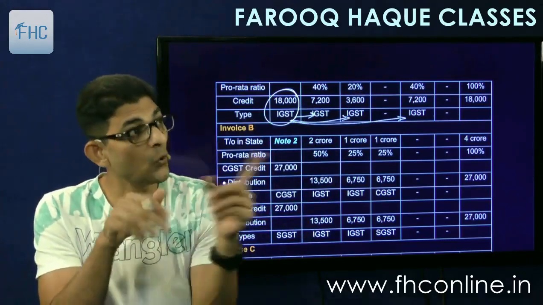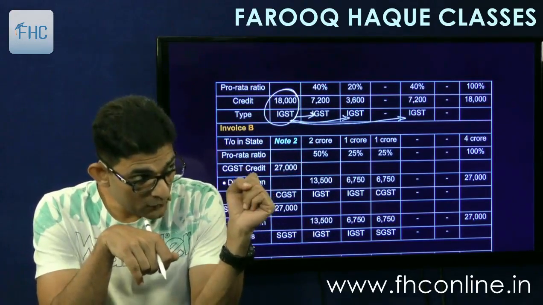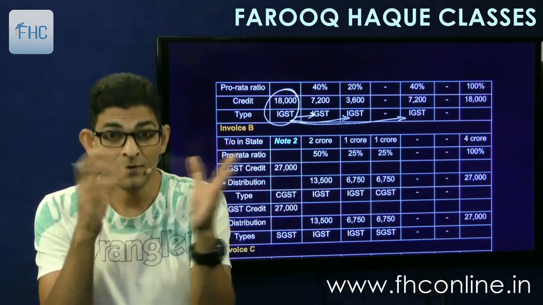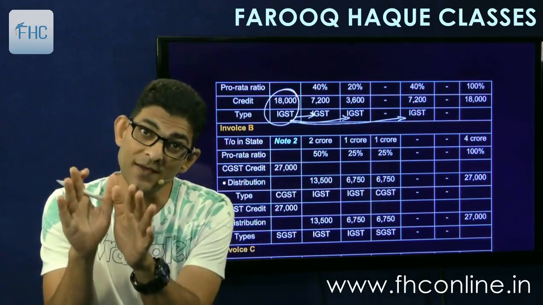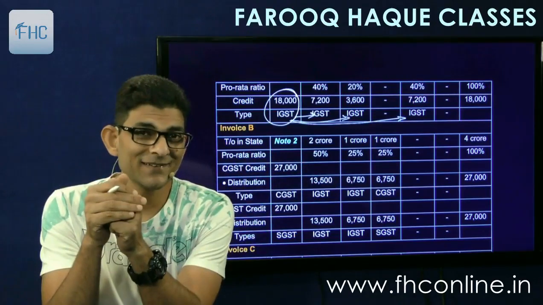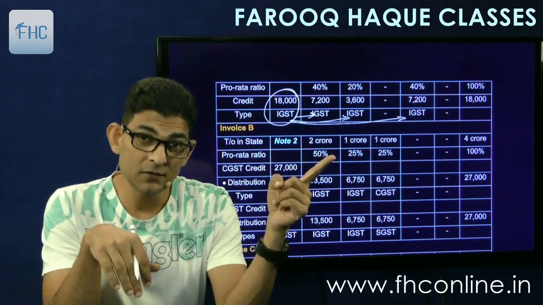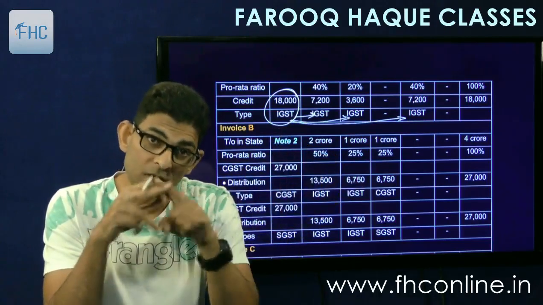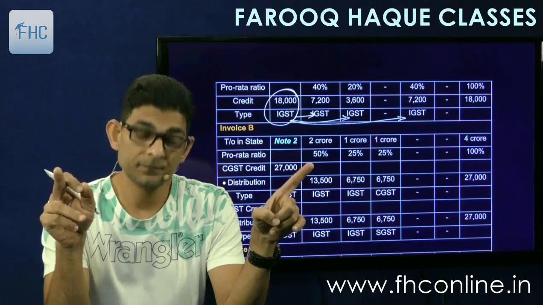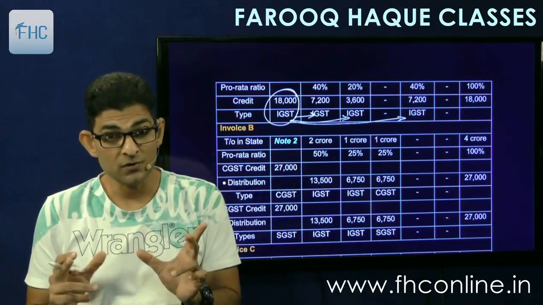But distribution has to be done. You cannot say that, oh, that unit is making exempt goods, so it will not be entitled for credit, so let's not distribute there. So we'll distribute the whole credit among the 2 units which are entitled for taking credit. That cannot be done because that unit is also a beneficiary. The Gurgaon unit is a beneficiary. It has used the service. So you have to distribute accordingly. You cannot do tax planning in distribution. Okay.